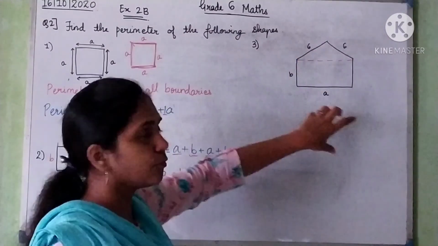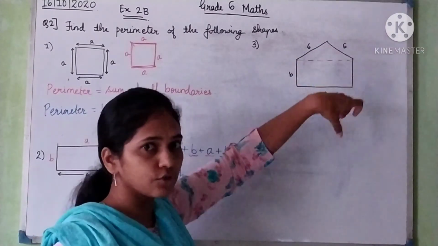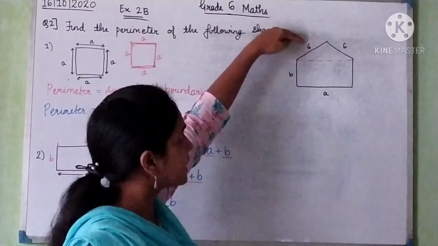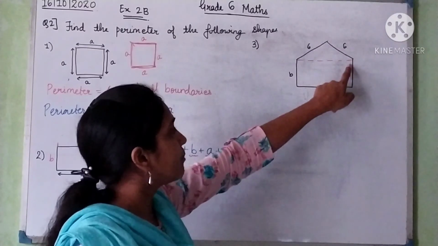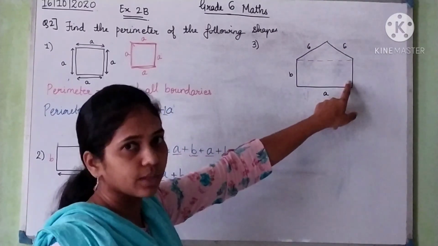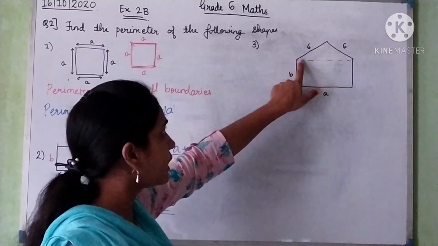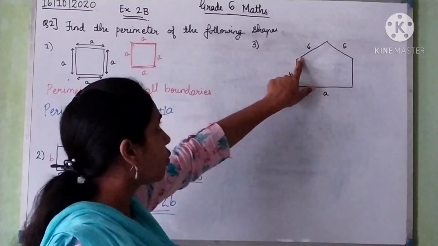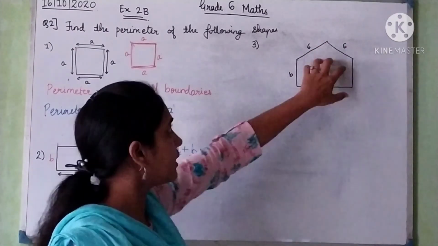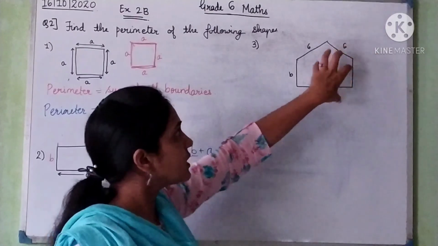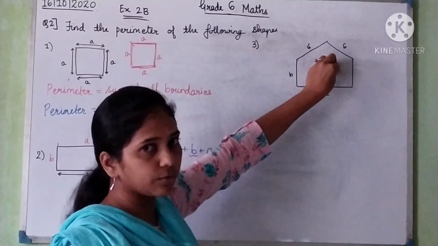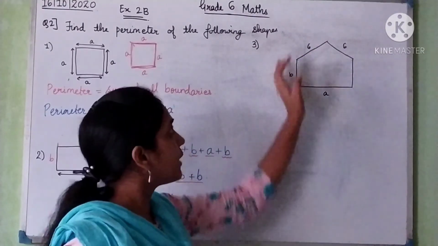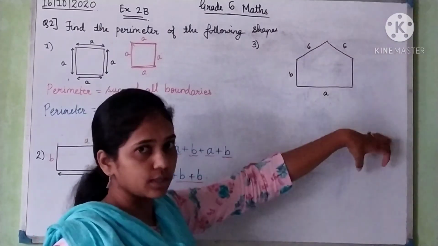Okay. But we have to find the boundaries, the sum of the boundaries of this shape. So here they have given us that this much length is 6. Then again this much length is 6. But we don't know what is the length of this part. So what will be the length of this part? And this part we don't need, because they had not given us this boundary. The boundary means only the outer lengths will come. The inner lengths, the line which I had drawn here was from inside. So that will not be counted. Okay, because the figure was given to us like this. Okay, so we have to count only the boundaries, length of the boundaries.